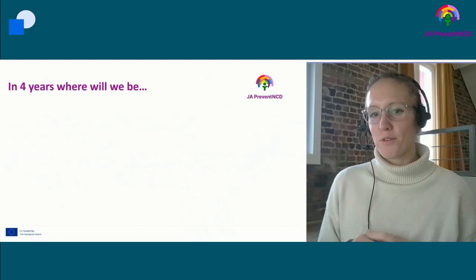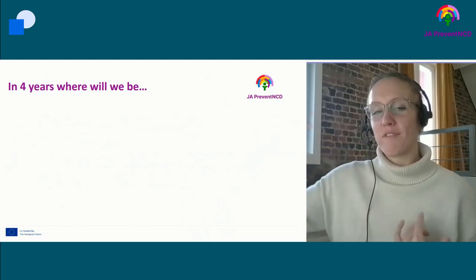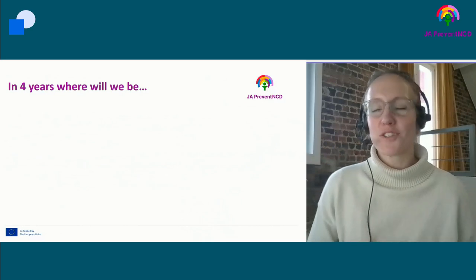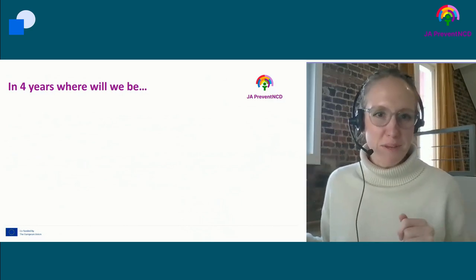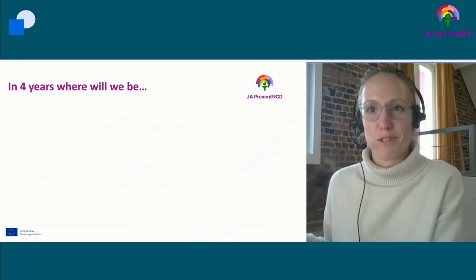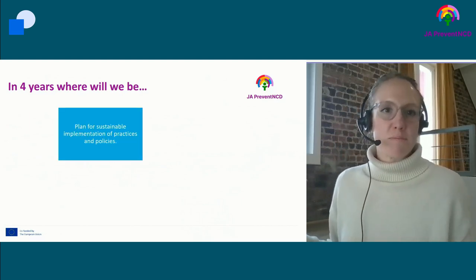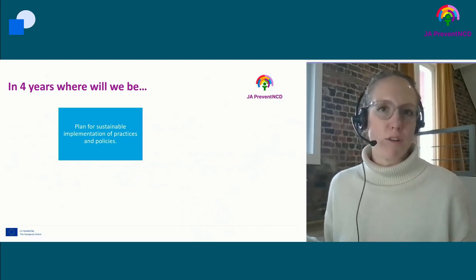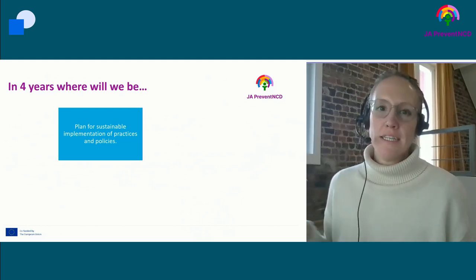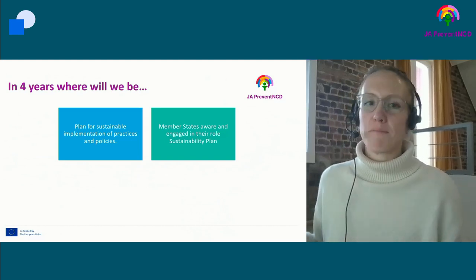And I think when we think about sustainability, and it's really, as Mojca said, where we want to go and if this can continue into the future, it's good to have our eye on something. And together, when we discussed where we wanted to be at the end of the joint action in December 2027, we had 4 points. So first, that there was a plan for the sustainable implementation of the good practices and policies identified through the joint action, that member states were aware and engaged in the role in the sustainability plan,